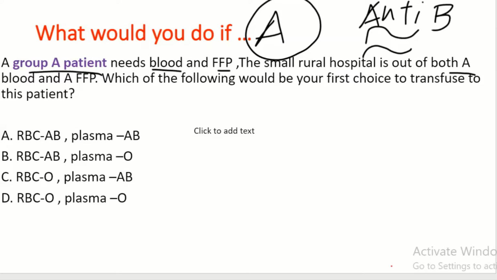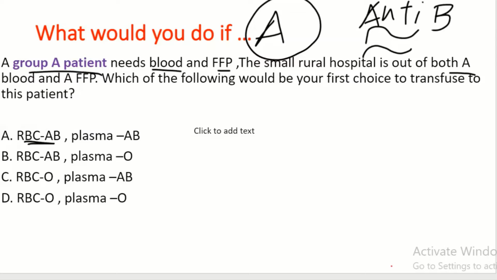Now things are clear about what we have to keep in mind while looking at the given options. You have to find an option where the RBC lacks B antigen and the plasma lacks A antibodies. Now take a look at these four options one by one. In option A,